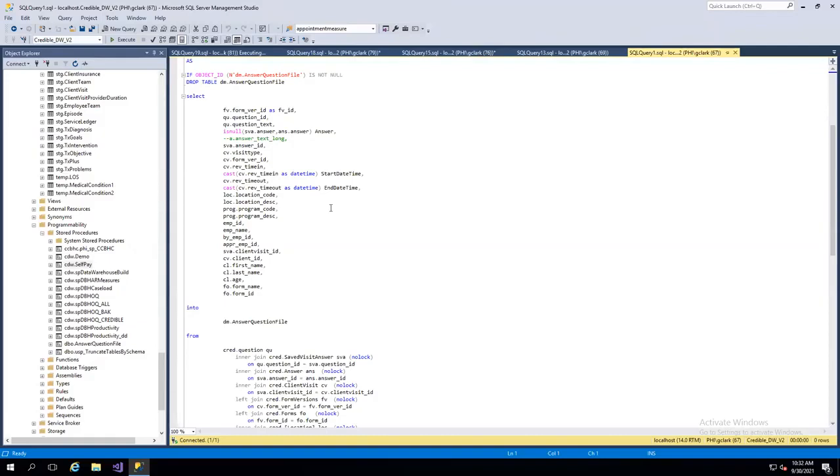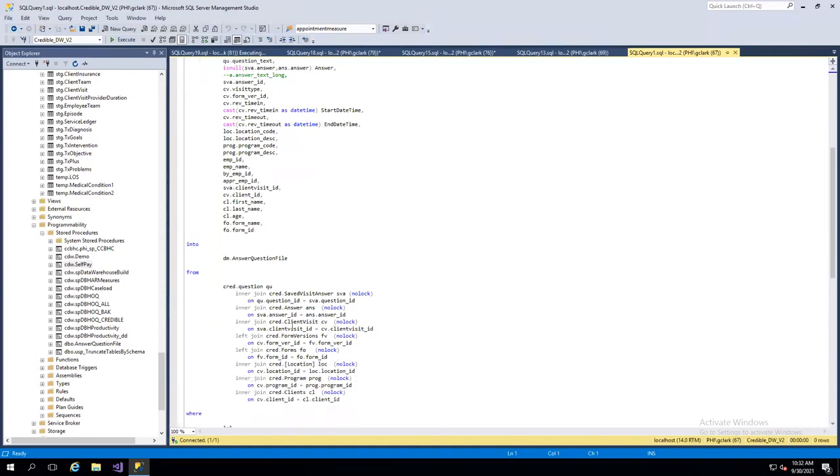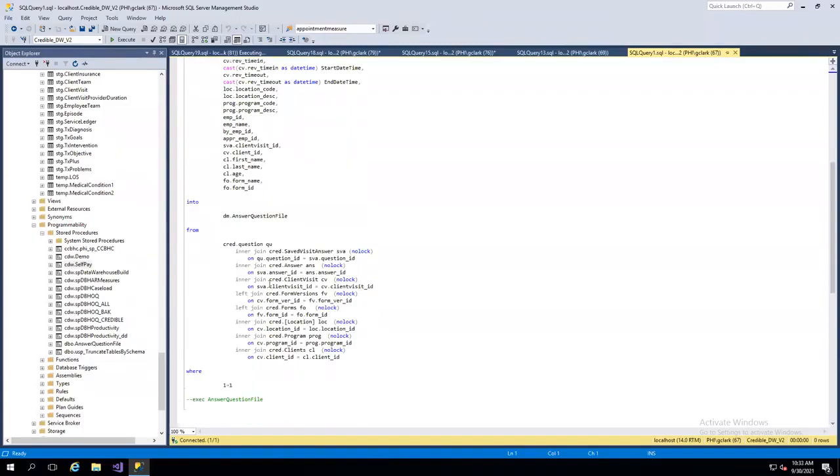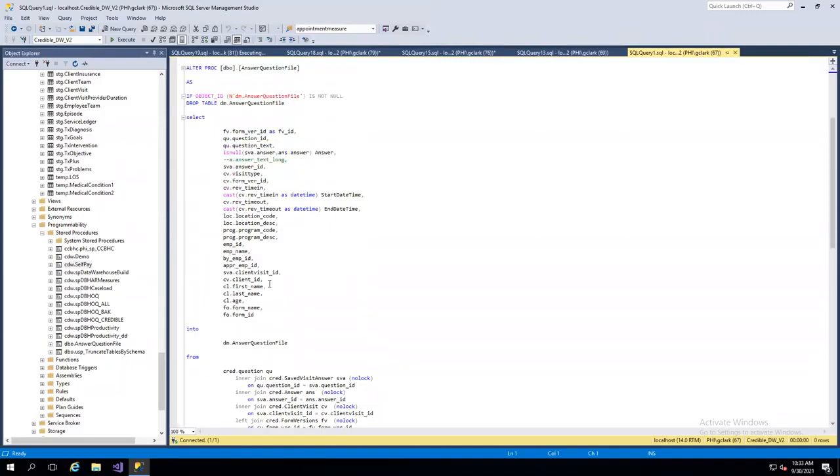Now, if I have a data set that's going to be accessed a dozen times a day, 100 times a day, I'm going to build what's called a data mart. And a data mart is nothing more than a table. In this case, this is our answer question file from Credible. It uses 9 tables to build that out. And it takes a while to run, to build out, there's literally millions of rows of data in this. It builds out a very useful data set